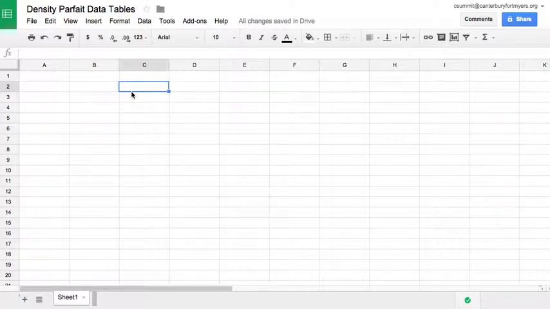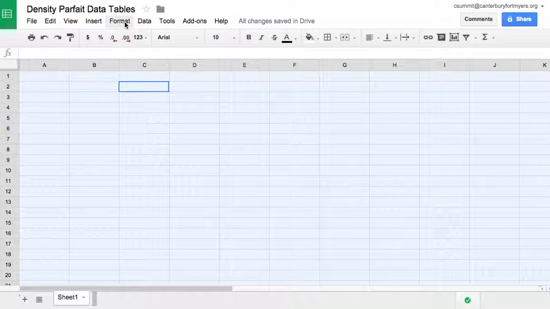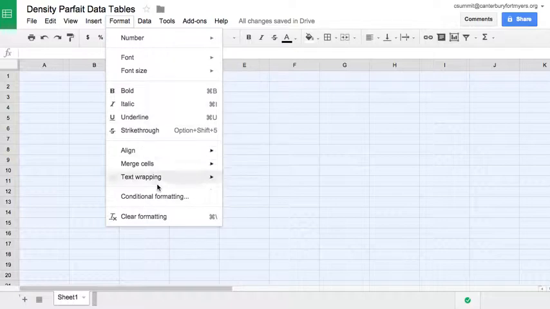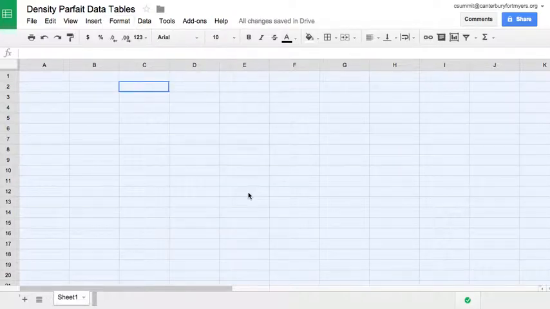Okay, so let's start by selecting all. So go ahead and select all the cells, highlight them all. And you're going to go up to the Format tab right here, right below the word Tables, and go down and select Text Wrapping, and then go over and select Wrap. What that does is it ensures that anything we type into each cell will automatically fit within that cell. It doesn't spill over to other cells, which can get a little confusing as we start to write up our